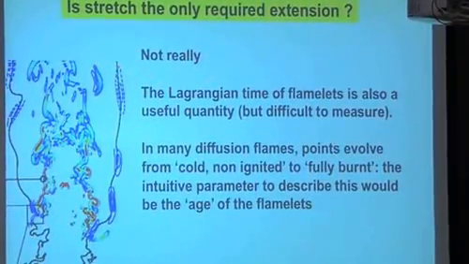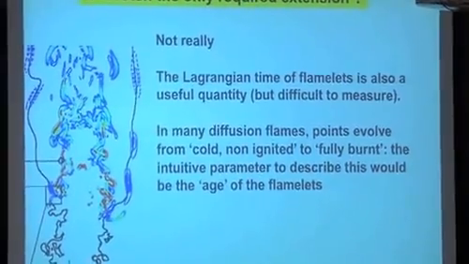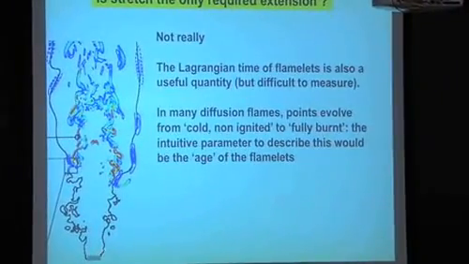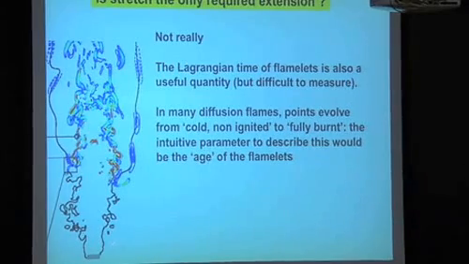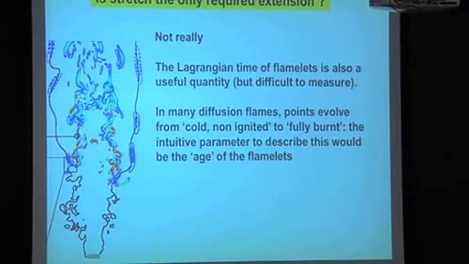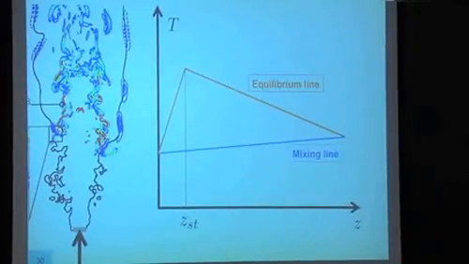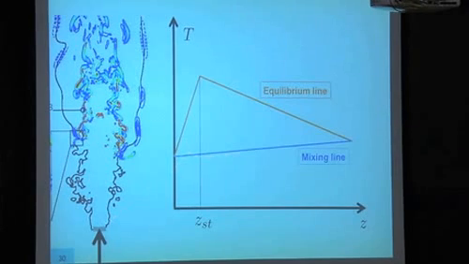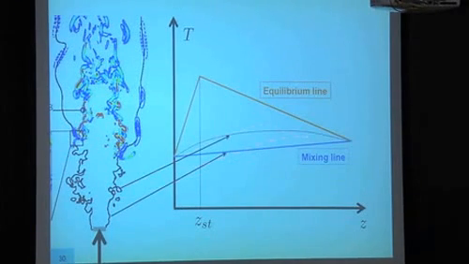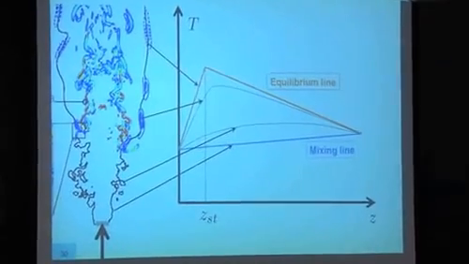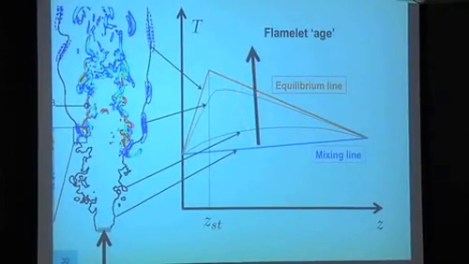Is stretch really the only extension? Well, not really, actually. In a flame like this, it's really not a problem of stretch, it's a problem of age. Here you have a young flame, not yet ignited, and it's getting older, then it's igniting, then it's getting even older. And the point here is that if you think of it in a Lagrangian way, you see that the age of the flamelets would be a good thing to incorporate. That's difficult to do. Some models try to do it, actually. The CMC model, for example, is basically trying to say that when you are here, you are on the mixing line, but when you go up, you move in this domain, and at the top, you end up here with the infinitely fast chemistry. And so this is measured by the age.